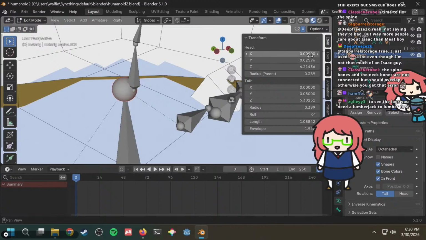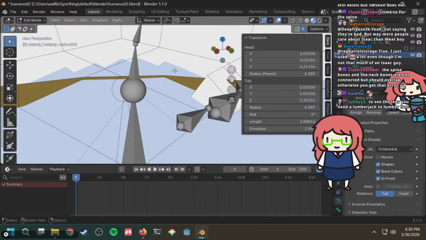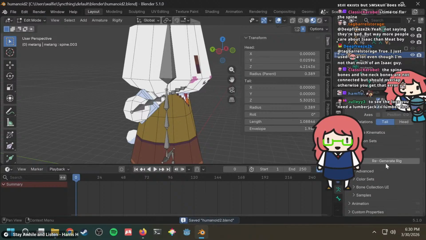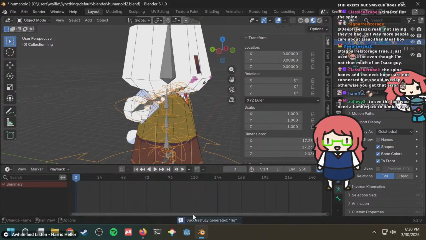This one must also be, that's not 0. It's gotta be this one. Hold on, maybe, let's see, if this was 0. So now they should be connecting. And then we regenerate the rig. Successful. It has been successful, everyone. Don't you worry.